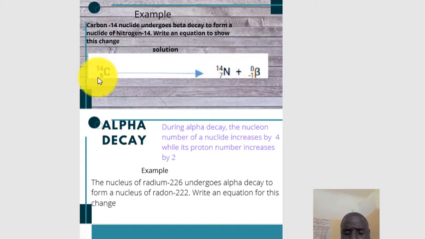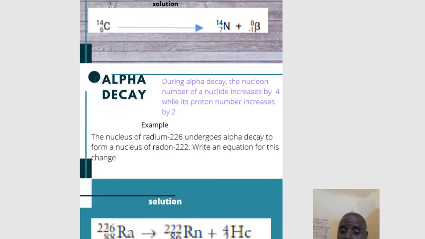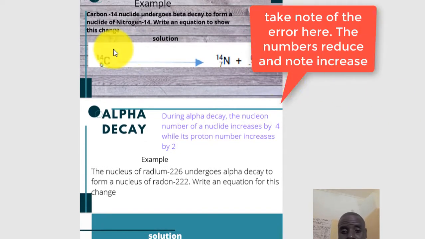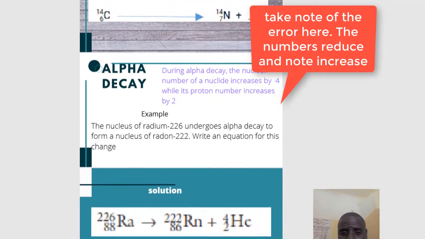Here it was 6, and one proton was added, like I said earlier, when a neutron in the nucleus was converted into a proton and an electron. So this is what actually happened. There was an increase in the number of protons by 1, and then an electron was released. So that's a good example of beta decay and showing an equation to represent the change.